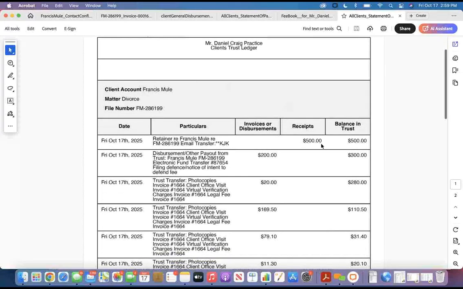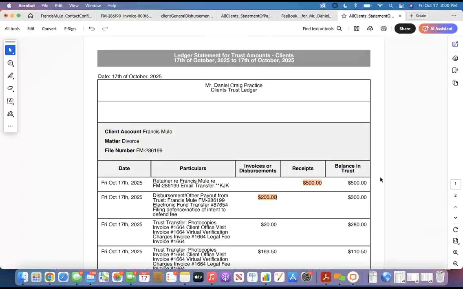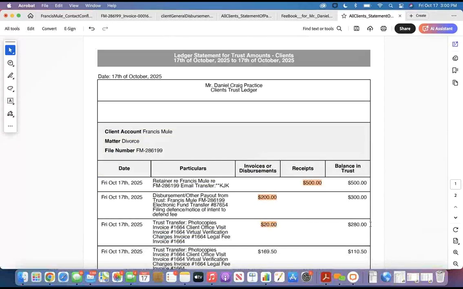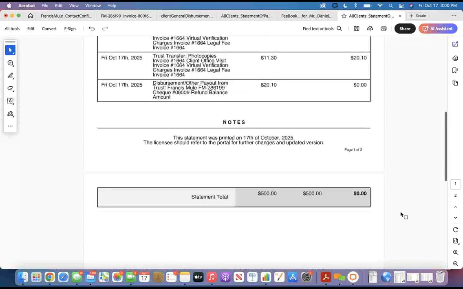Has the retainer that comes in, and then immediately 200 was spent as payout of trust, and then there's 300 remaining, out of which the trust transfer and the legal fee took place. With all the details.